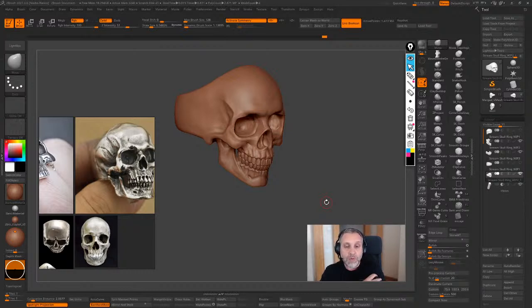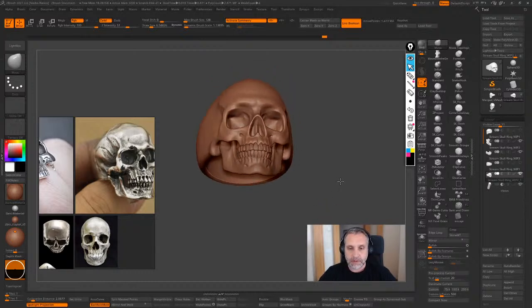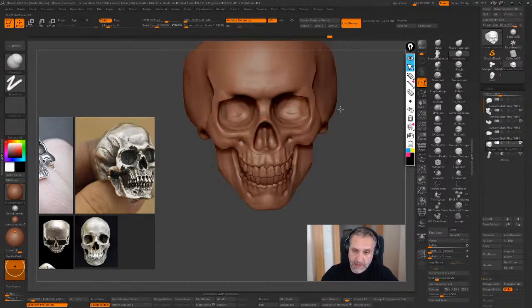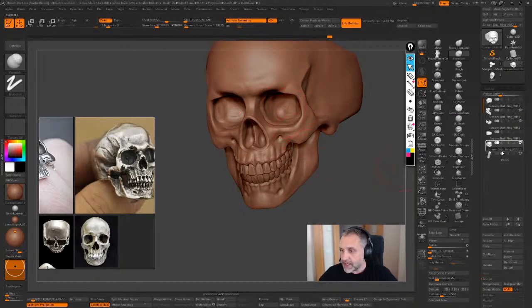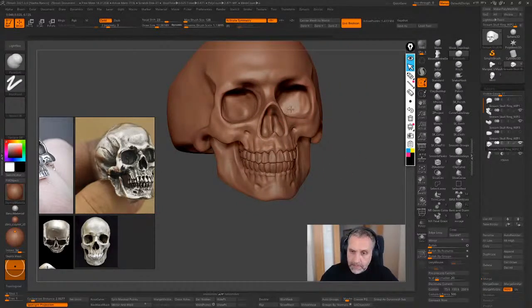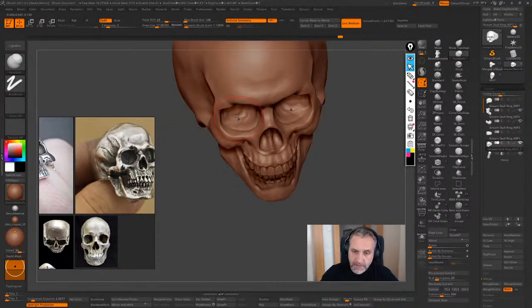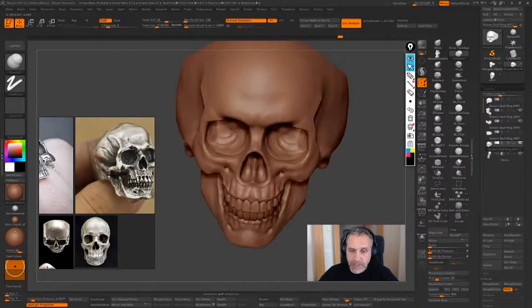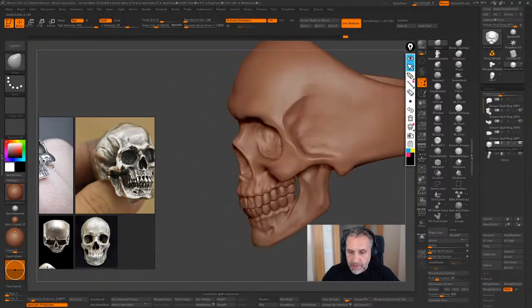by default, and one of the default features that ZBrush has inside. Before doing this, I'm going to try to avoid making these eye sockets too deep inside. Let's fill in the gaps, because if we make the eye sockets too deep, maybe we can get problems with the hollowing,